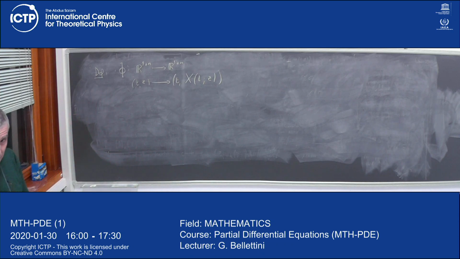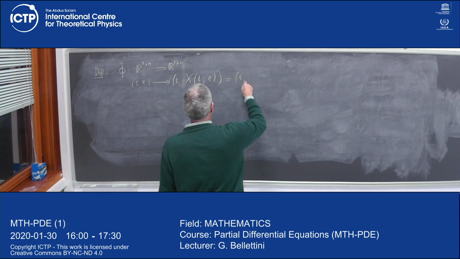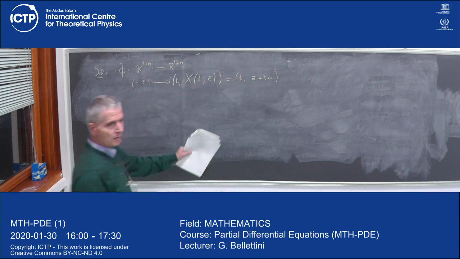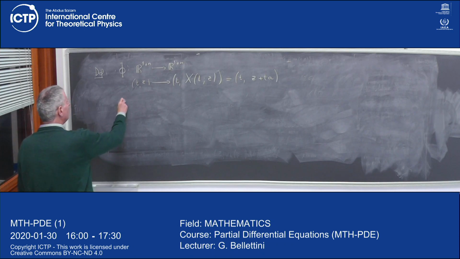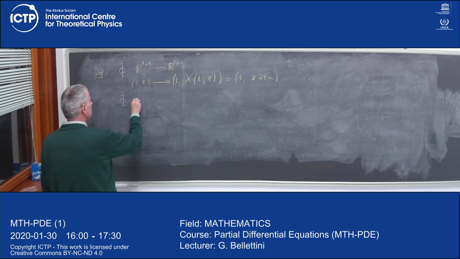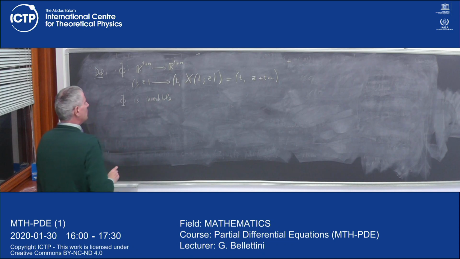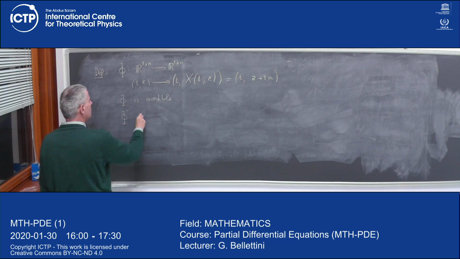In this very specific case, this is simply T, Z plus T. Now phi is a diffeomorphism, a linear diffeomorphism in general, so it is invertible, globally invertible. And phi minus 1 can be easily checked.